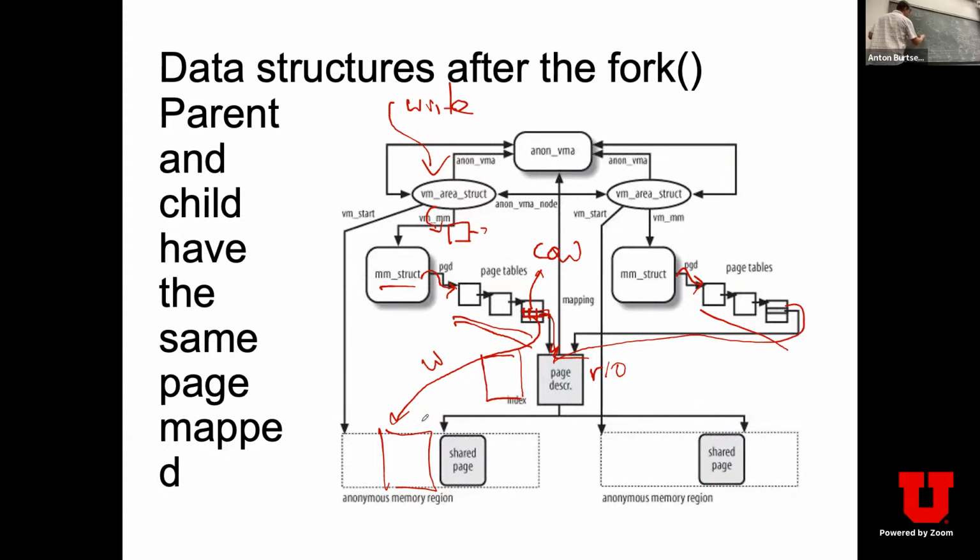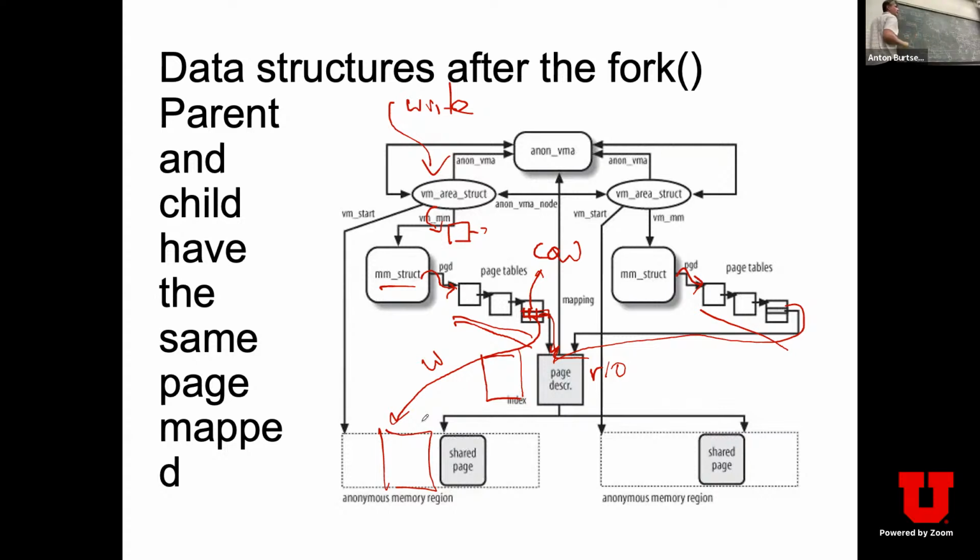I will draw it like this. And both of these will be pointing to the same physical page, but with a read-only permission and some kind of a copy and write flag, so we can detect later what to do when the page fault happens, right? And these two VMAs will be placed on the linked list with an anon